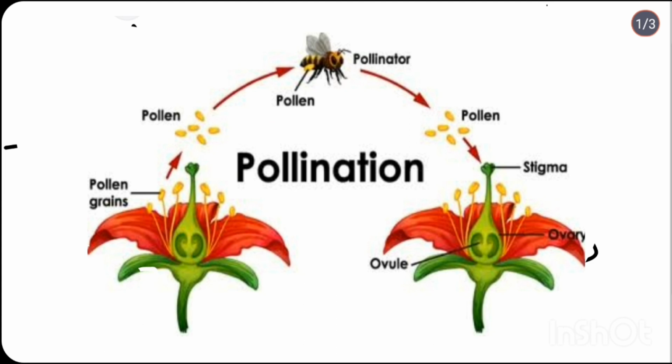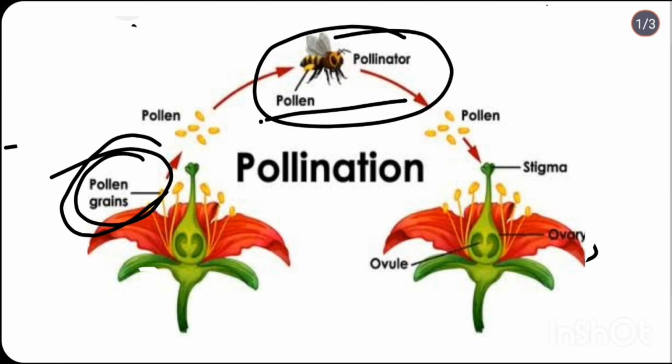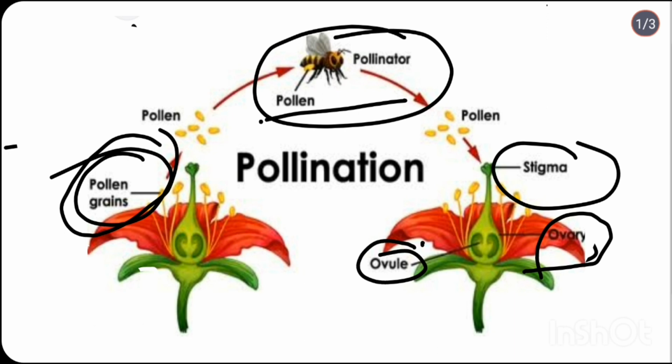Now what else? As you can see here, there is a pollinator. Now this pollinator in cross-pollination acts as an agent. So what is a pollinator? A pollinator is an agent or a medium through which pollen grains are transferred to the pistil, especially to the ovules. मतलब कि एक ऐसा प्रोसेस है जिसमें पॉलिनेटर एक ऐसा एजेंट होता है या एक ऐसा साधन होता है जिसके द्वारा जो हमारा मेल गैमीट या पोलन ग्रेन्स हैं वो पिस्टल तक पहुंचाए जाते हैं, और पिस्टल में भी ओव्यूल्स के पास या ओवरी के अंदर। तो पोलिनेटर का सिर्फ ये काम है कि पोलन ग्रेन्स को ओव्यूल्स या ओवरी तक पहुंचाना, मतलब स्टिग्मा तक ही पहुंचाते हैं वो, और स्टिग्मा के बाद इसका प्रोसेस शुरू हो जाता है।